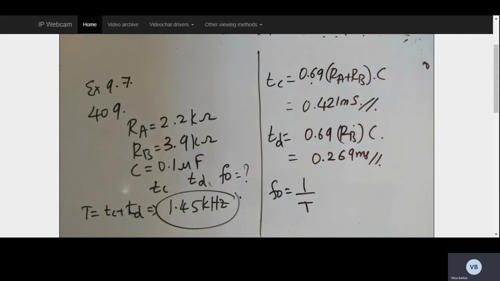So this is how I can calculate some of the unknown terms with respect to the astable multivibrator. Try to ensure you go through this explanation and the notes which I am going to post, and you will be able to understand the concepts. So this is it from today's class. And with this, I can say that the entire module number 5 has been completed.